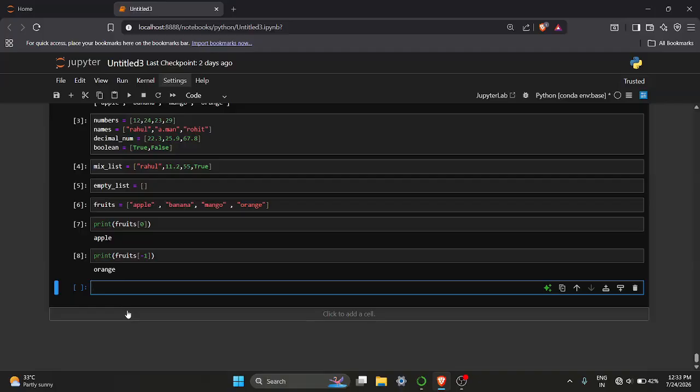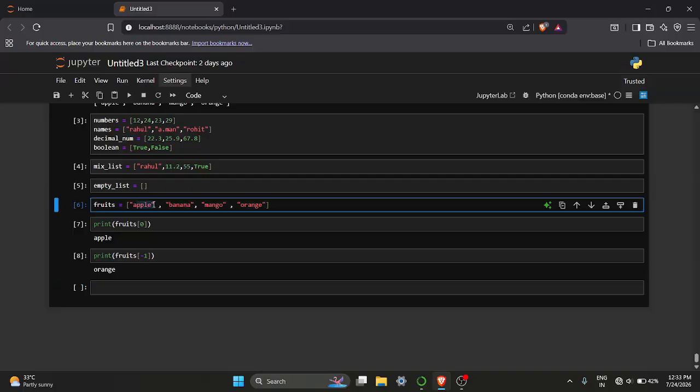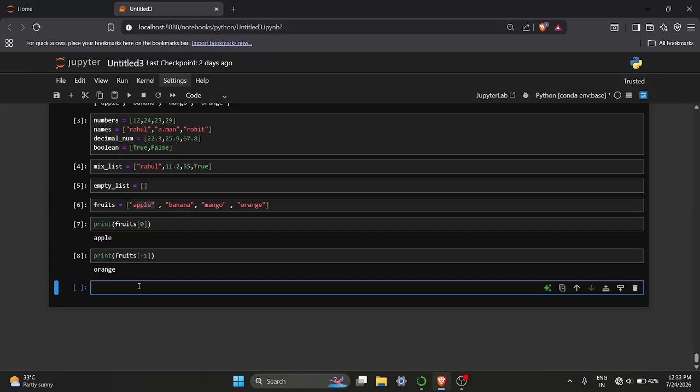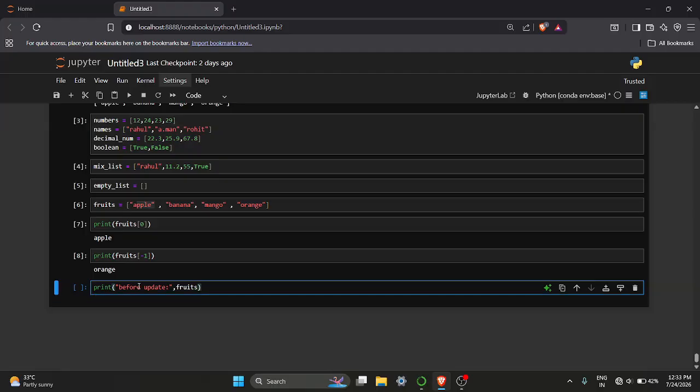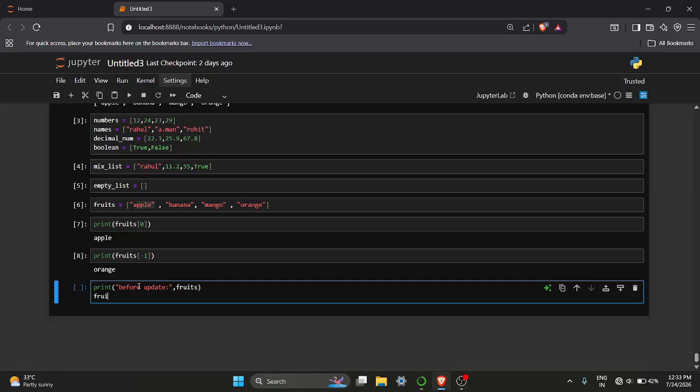Now in the next program, we will update the list elements. For example, in the place of apple, I want to store pineapple. So what will I do? Firstly, we will print the first element, which is apple, before update. So before updation fruits, and then we will update the first element,